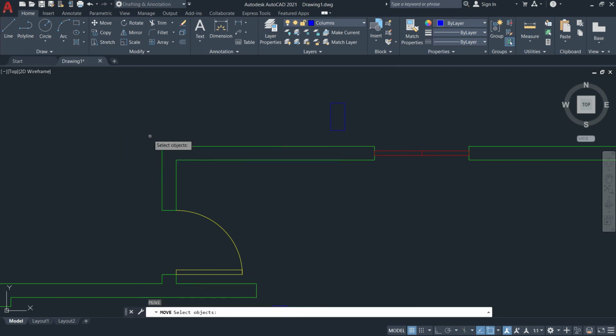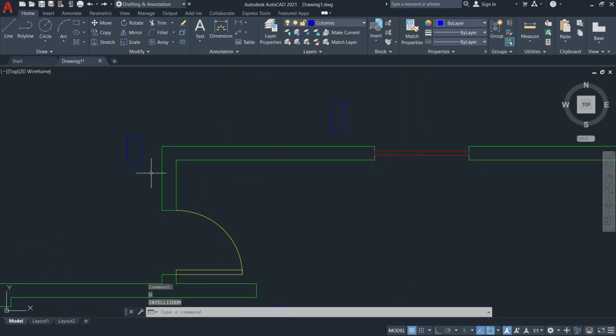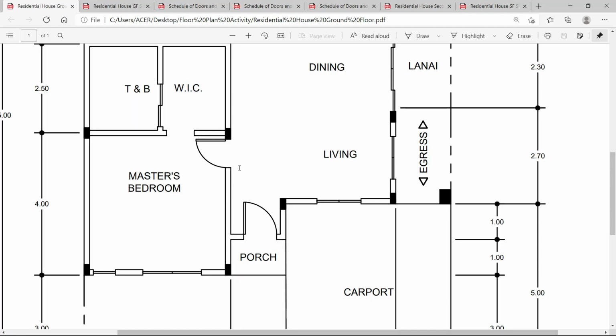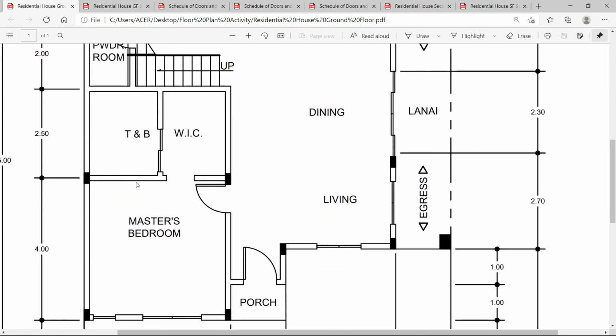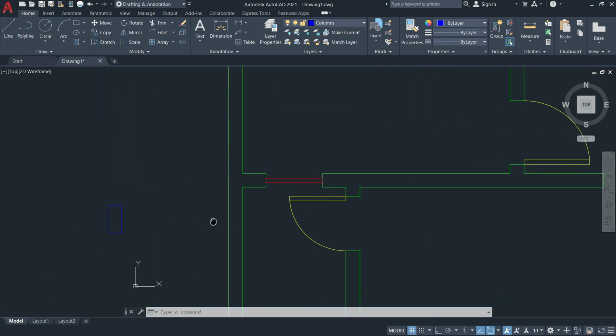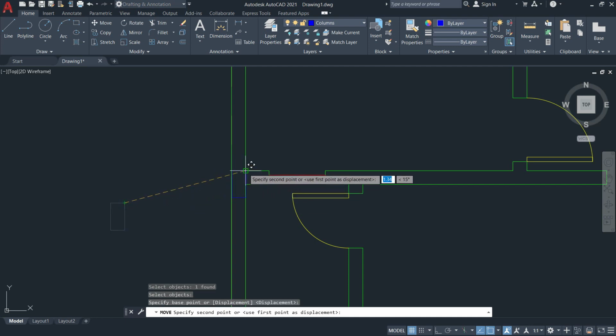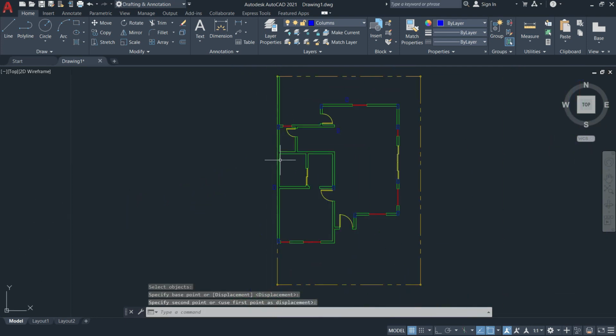So I'll just move here probably, and then there are some here. Okay, so I'll just move this one, and then